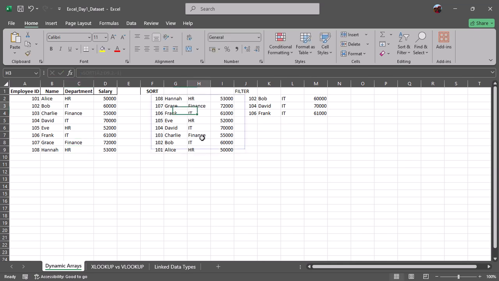Okay, here is the finance. Again, it has updated here. This one has been removed. So if we want, we can update another one. This is how the filter function works. It will automatically be updating your data changes. Once you make changes to your data here, automatically the sort will update, automatically the filter is going to update, and